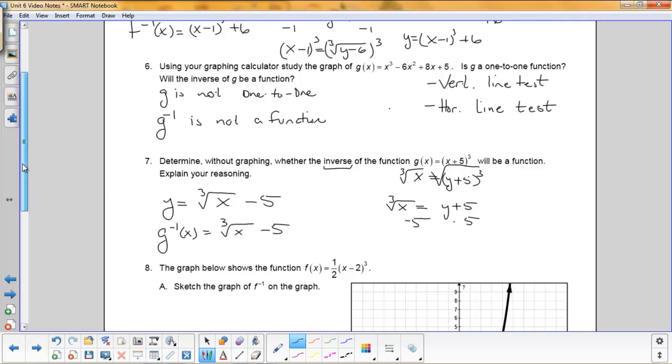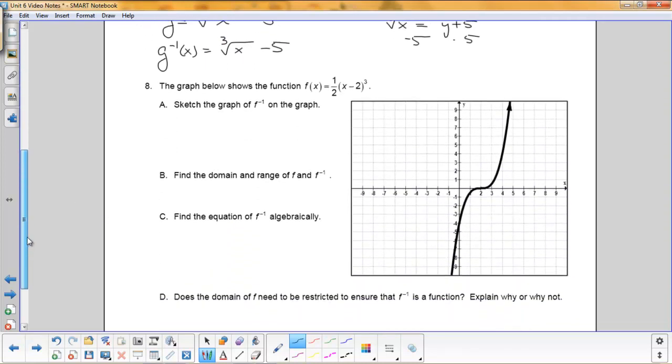All right, question number 8. That has been graphed for us. We're going to sketch a graph of f negative 1 on the graph. Seems like it's a little bit out of order, so I'm going to skip down to C to solve the equation first algebraically. So we're going to do x equals 1/2